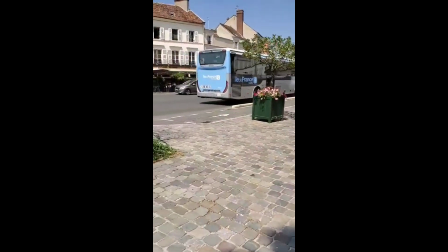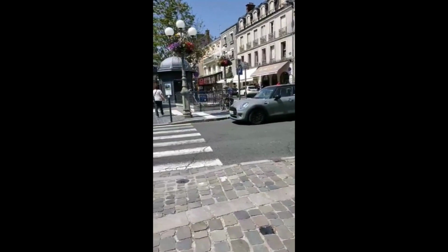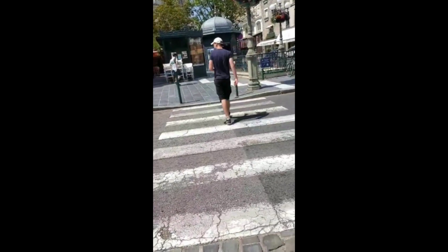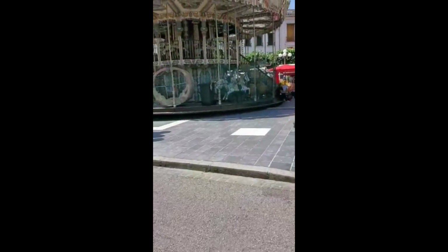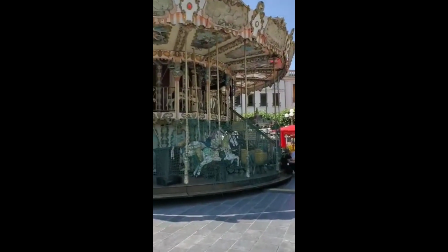Alright, so this is the town of Fontainebleau. Kids are all getting ready to perform. So, let's see if we find Paris. Yeah. So you got this really neat carousel. I'm going to walk around the other side